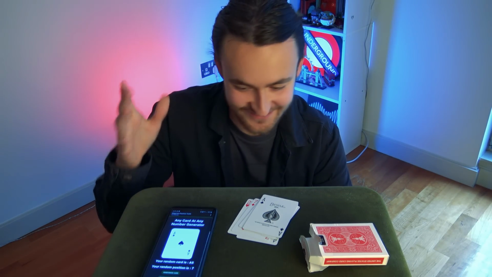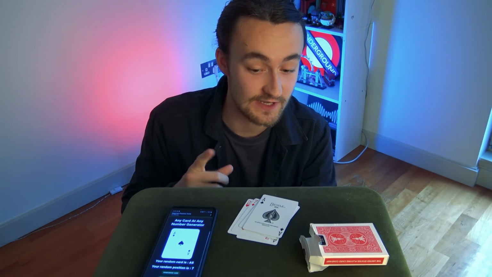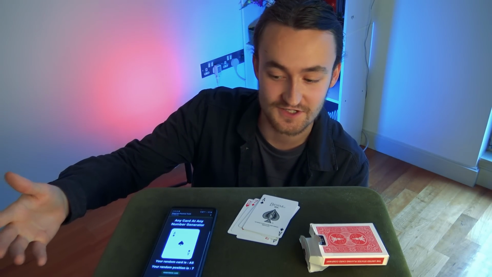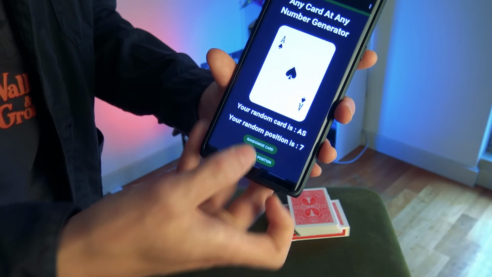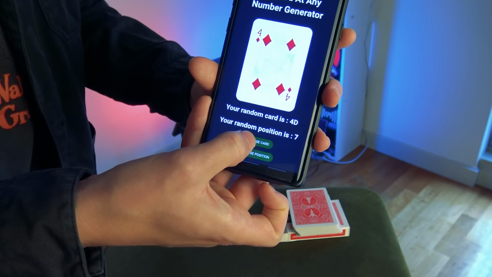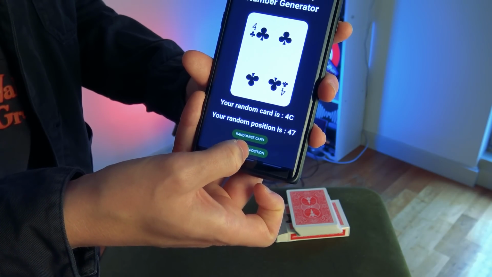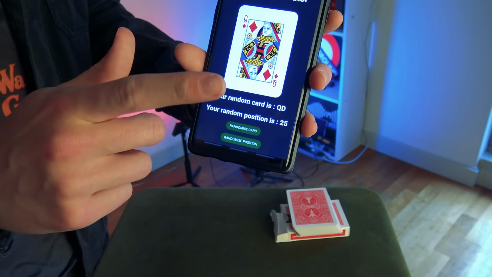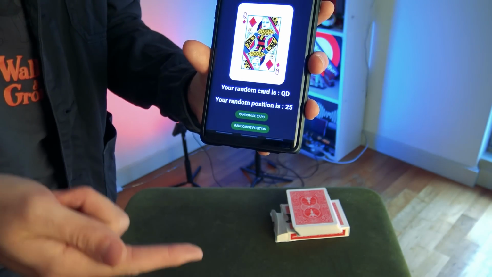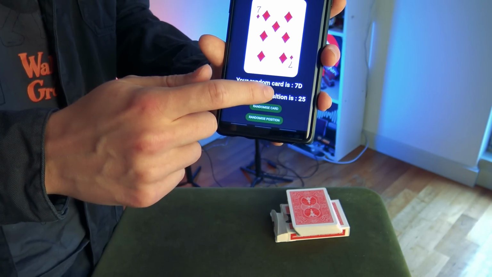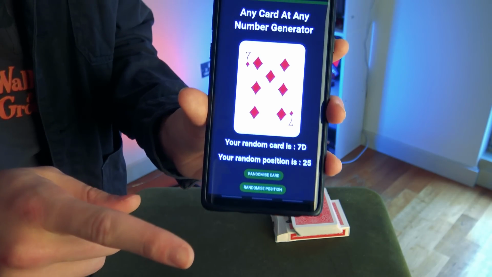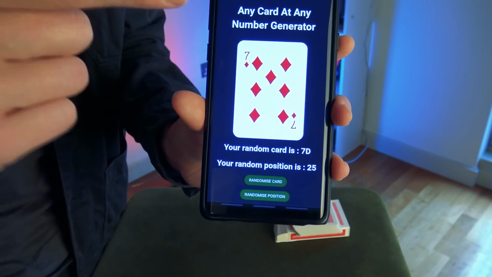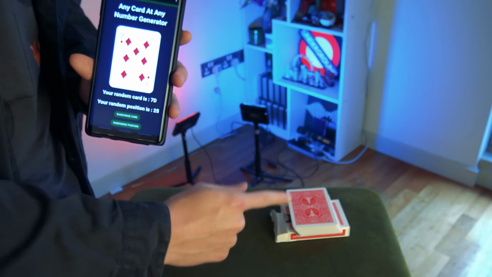But how? Well, there is one thing that I'm doing. Quite literally one thing that I'm doing, or one thing that I'm getting the spectator to do, and that is change their mind. This is the genius of this app, because yes, you can change the card as much as you want. Yes, you can change the number as much as you want, and you can go back and forth on these things. But when you click the other button, so I was changing the card just then, if I now change the number one more time, it will match that card to the position it is in that deck.